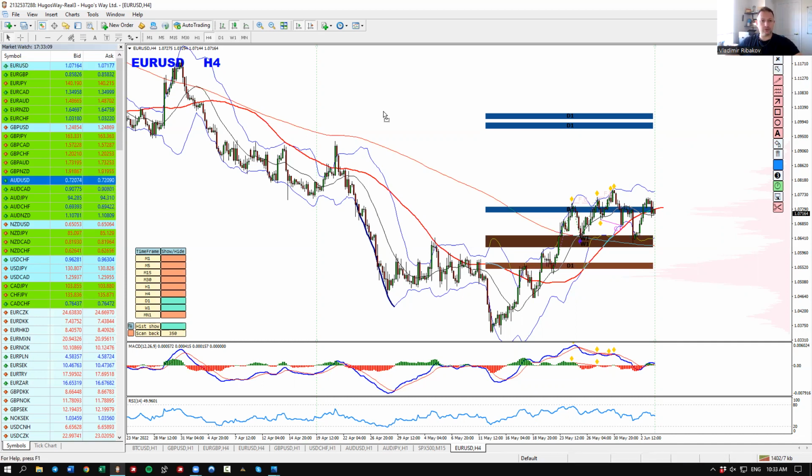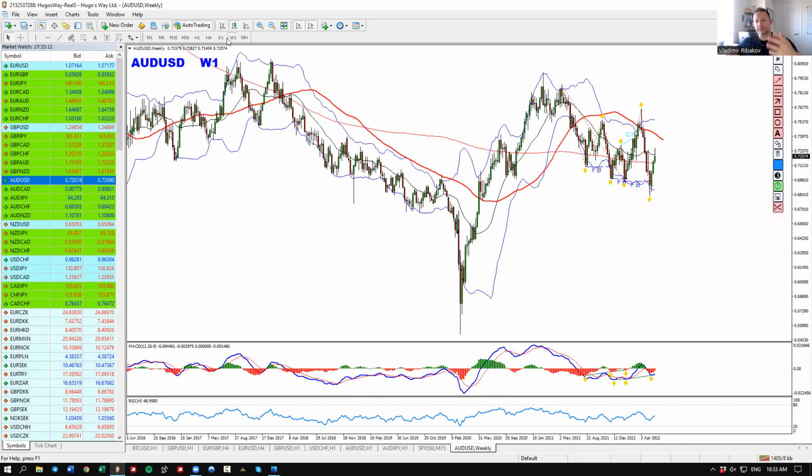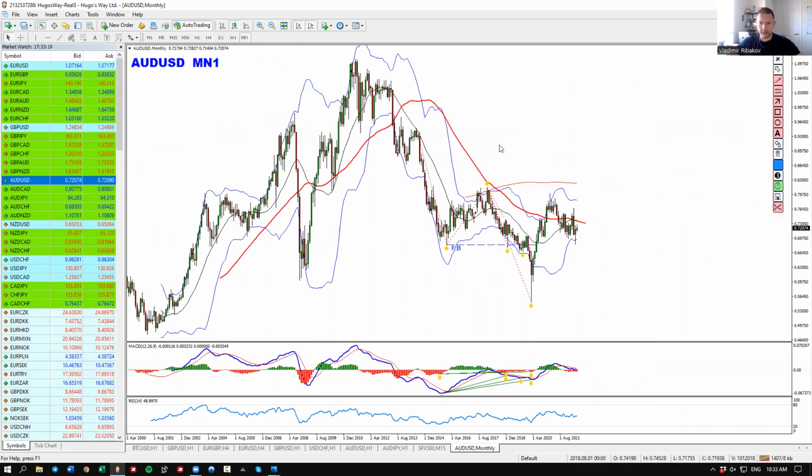And the last one for today would be the Aussie dollar, where we have two interesting opportunities. The first one is for the longer run. Let me quickly show you here. So on the long run, based on the monthly analysis, I would expect to see ABCD correction